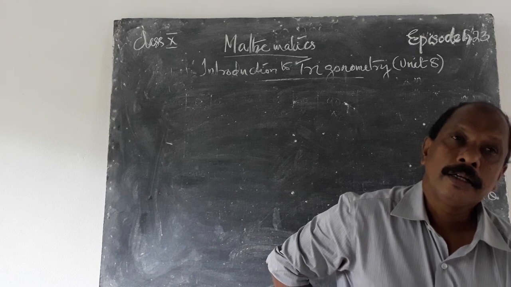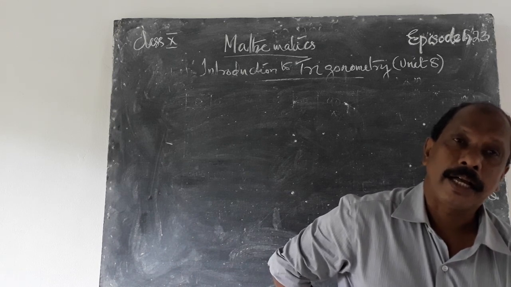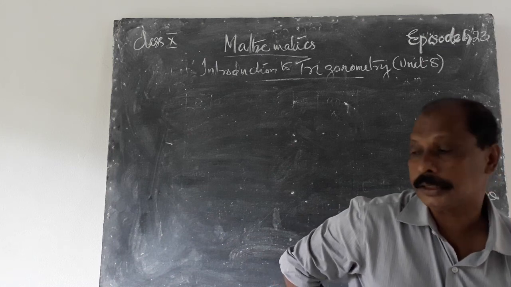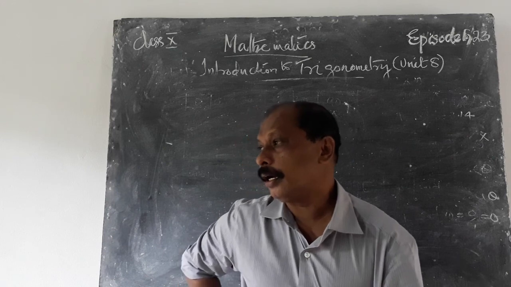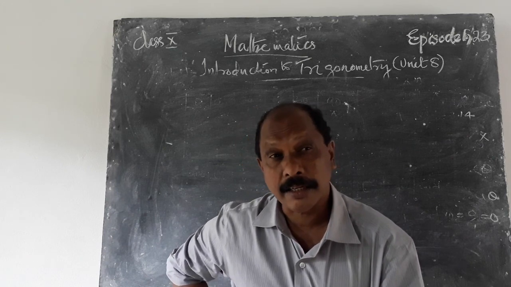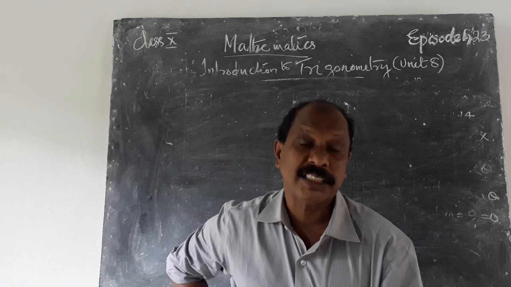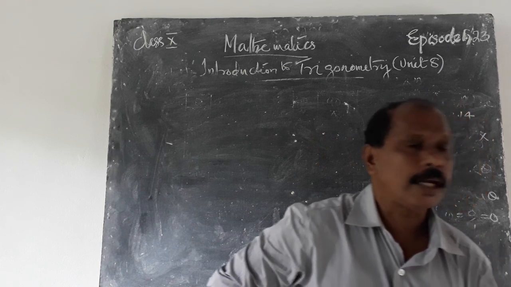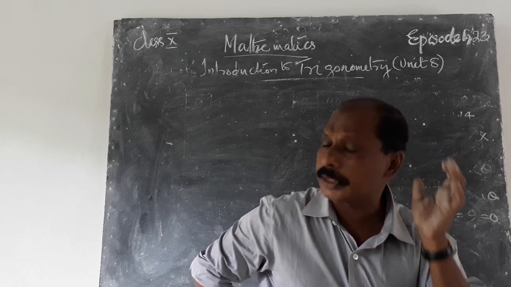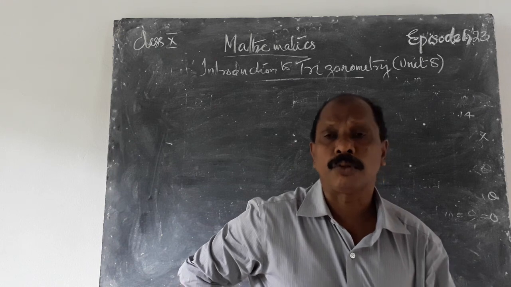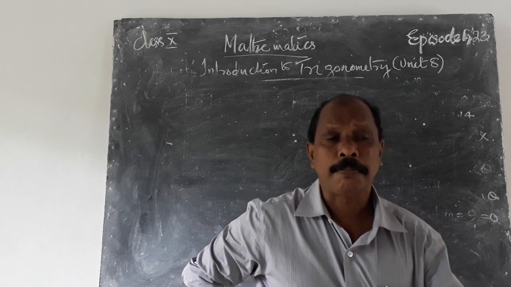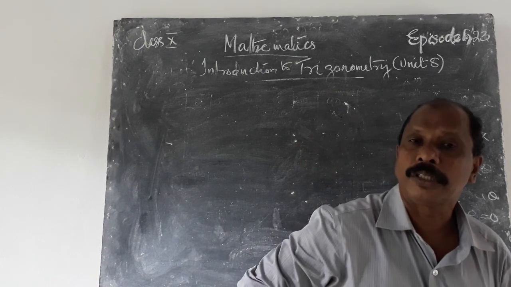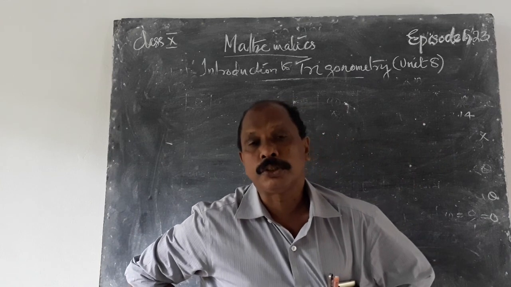Then, we consider several angles, that is 0 degree, 45 degrees, 30 degrees, 60 degrees. If the angles at C and A of right angle triangle ABC, right angled at B, are equal, they are 45 each. Therefore, that is an isosceles triangle, therefore the opposite sides are equal. Therefore, side BC is 1, side AB is 1. Then by the Pythagorean relation, hypotenuse AC is root of 1 plus 1, that is root 2. Therefore, the ratio of the sides is 1 is to 1 is to root 2.